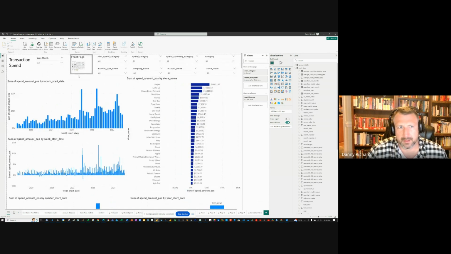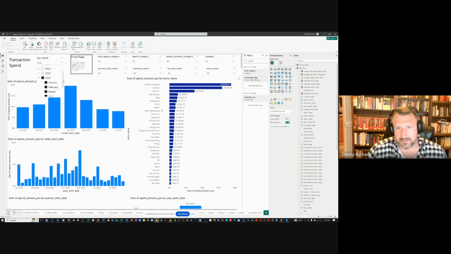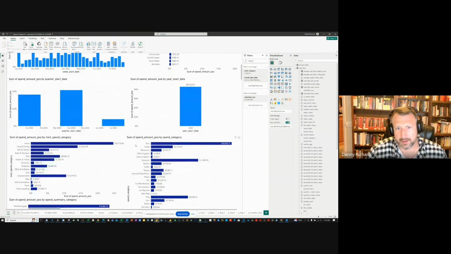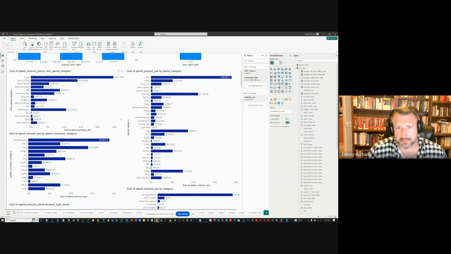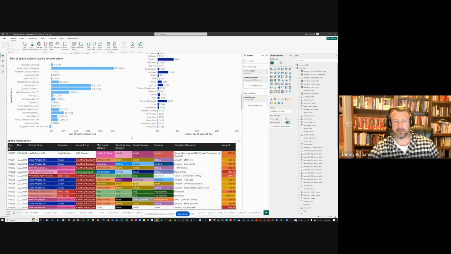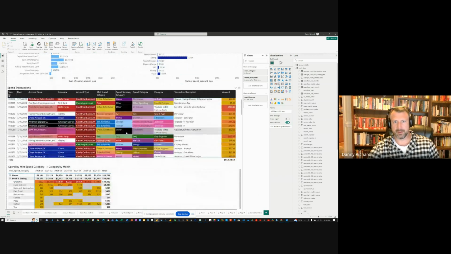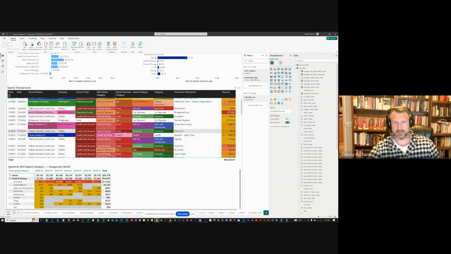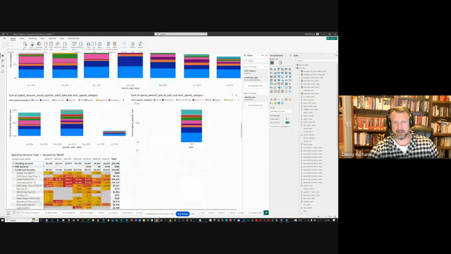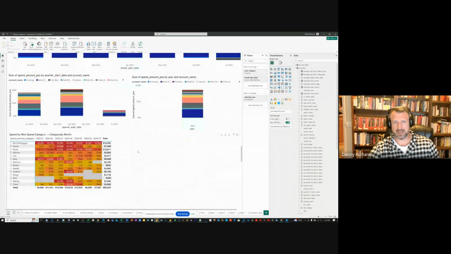So if we just look at 2024, here's all the stores I've bought from, and here's my spending by month, by week, by quarter, by year. And here's all the spend categories where I'm spending all my money. So this is just a great data exploration tool. And then here's a table showing all the transactions. That's really nice. So there's a lot that is built off of the transaction table,